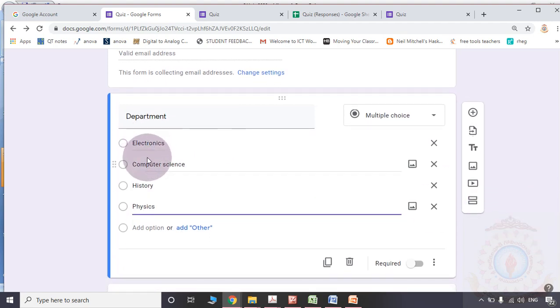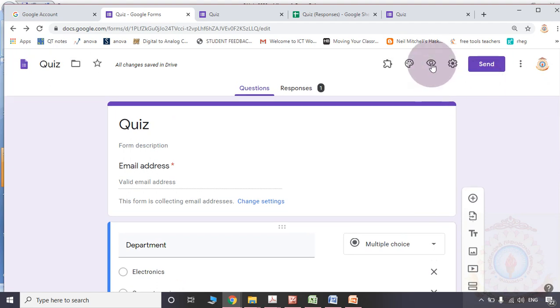Here electronics, computer science, history, physics. I have given 4 different options. Now let us see the preview.